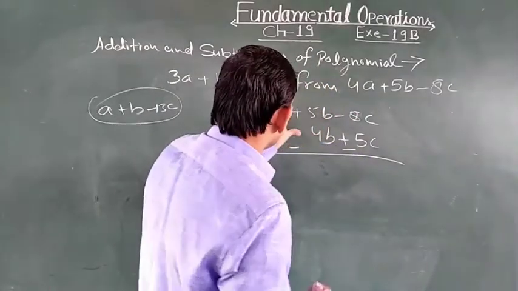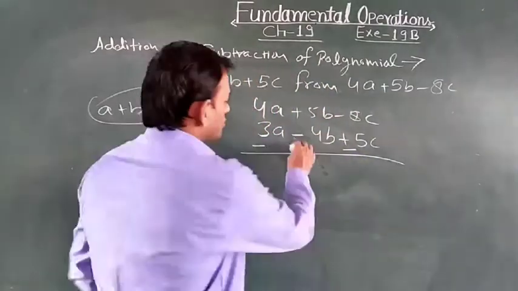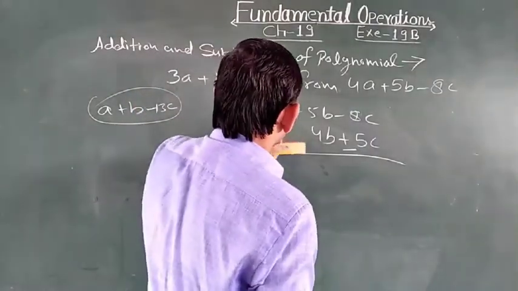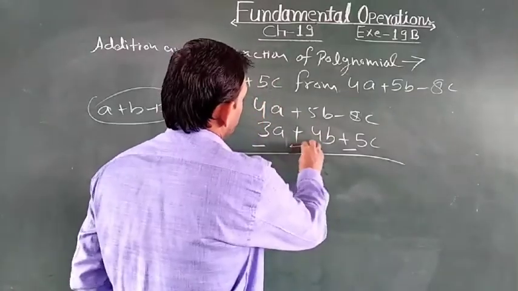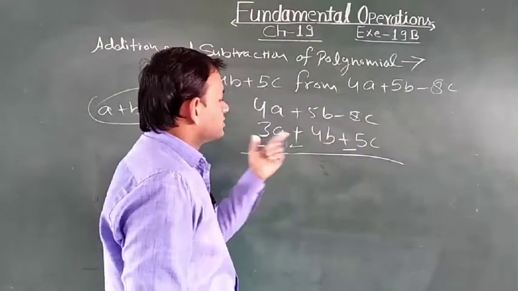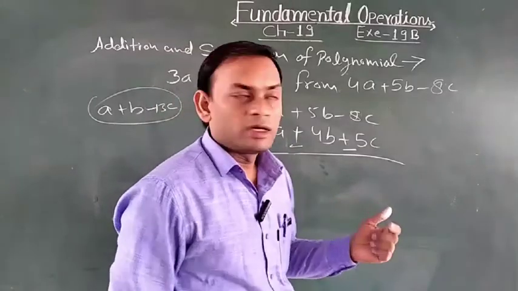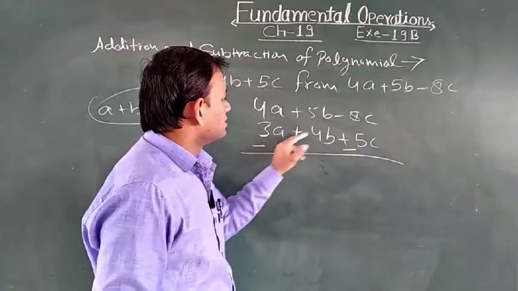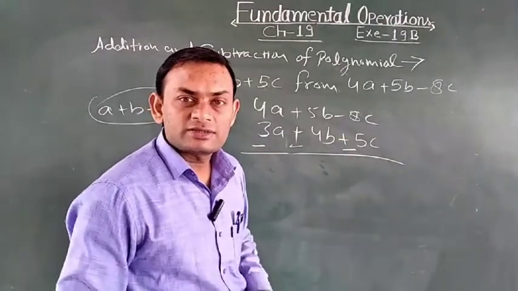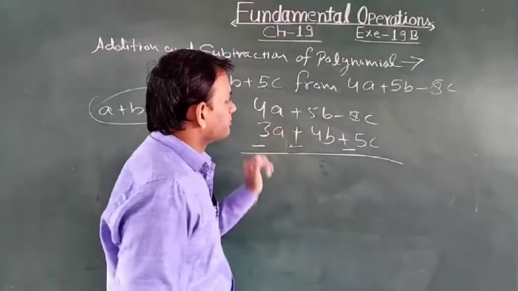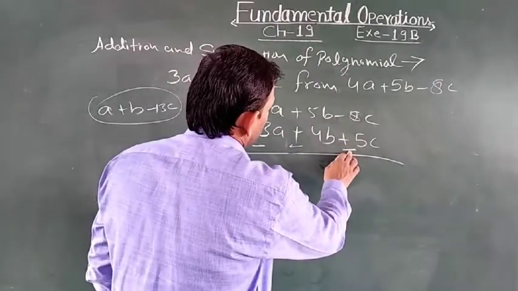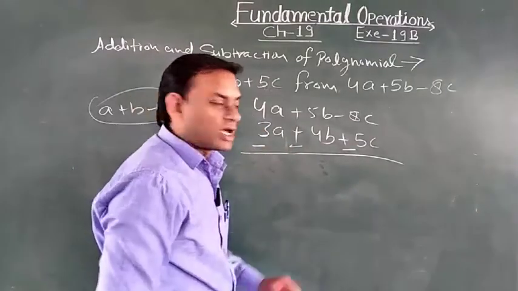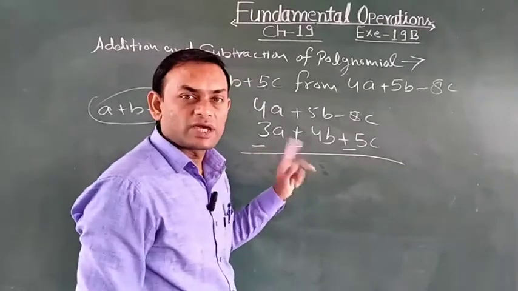Suppose here the minus sign is given, so what will you do? You will write the plus sign. Okay, here the plus sign is there, so you will write the minus. Now the signs that are already given in the polynomial, they are just useless. We will not use them. We will use this sign and this and this and this. The signs which we have converted, we use those signs only.